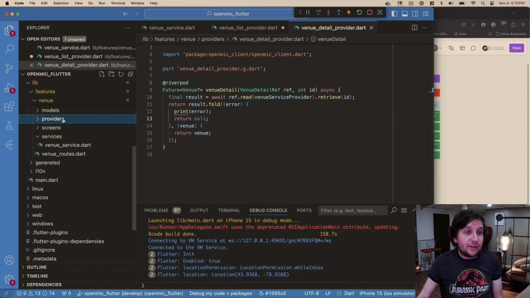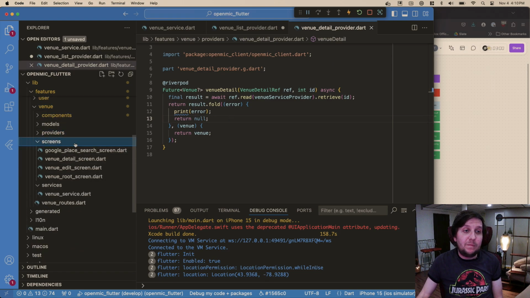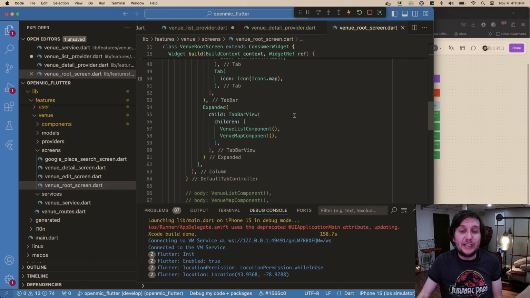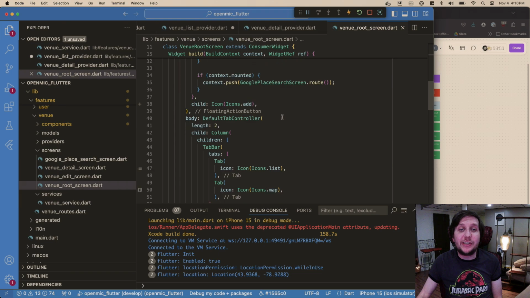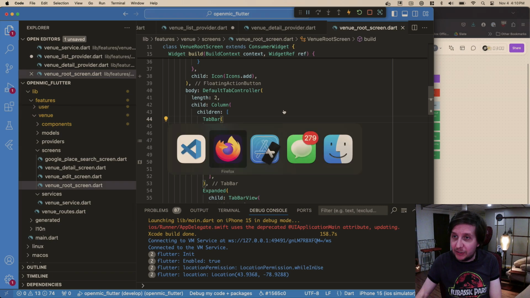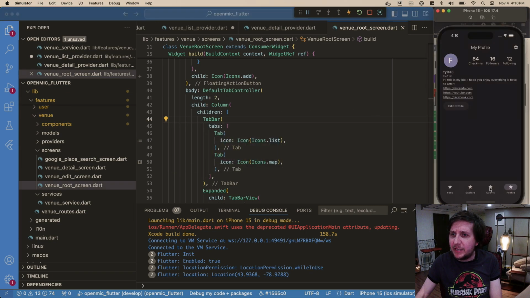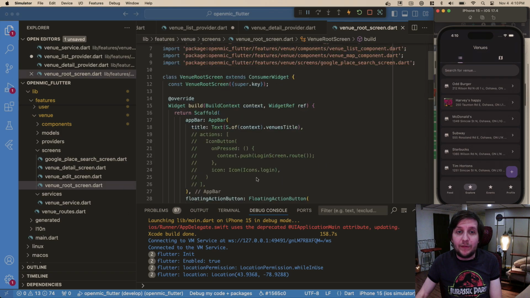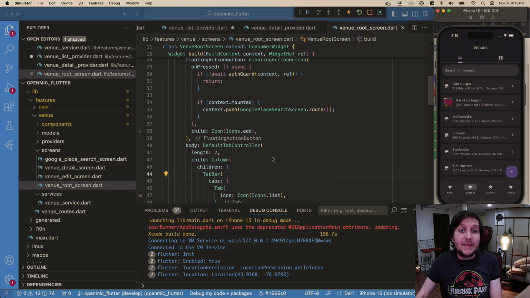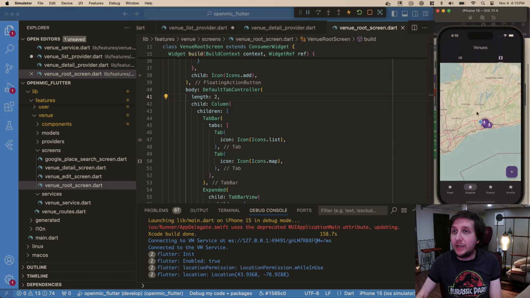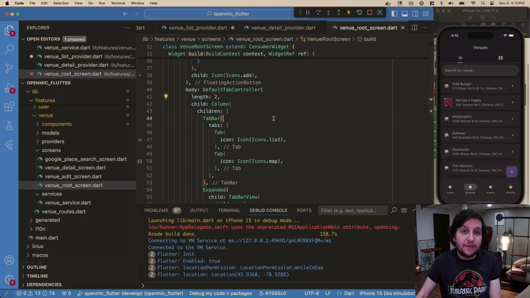So we have providers, we have screens. I like to keep the screens as basic as possible. Like the root screen, for instance, although there's a couple things in here, it's really just references to the main container stuff. If we were to look at it, our venue would be the Explorer screen. So we have the app bar, the floating action button, and then this default tab controller for the two different modes, because we allow looking on a map or looking in a list view.